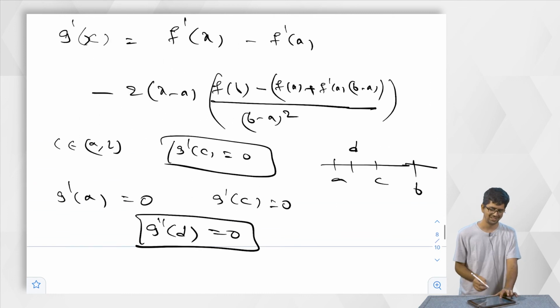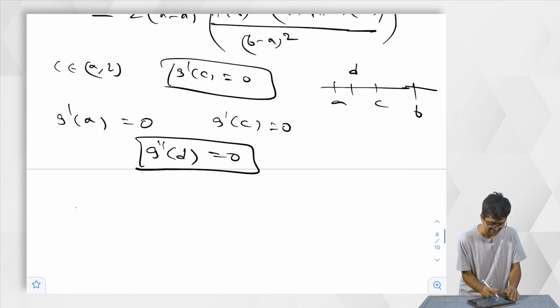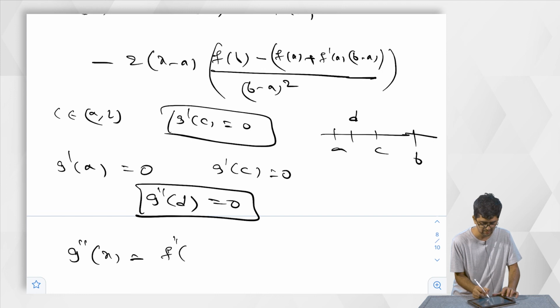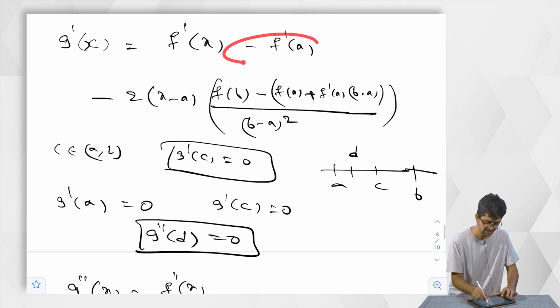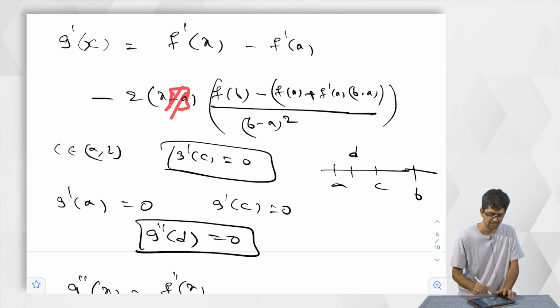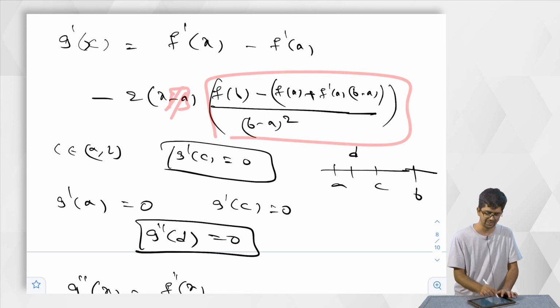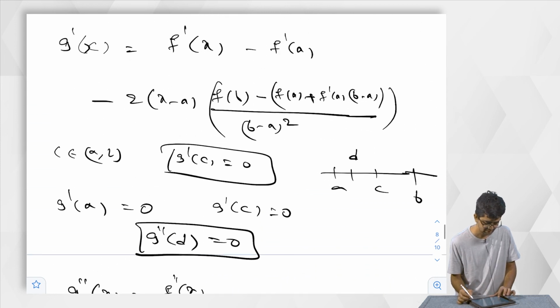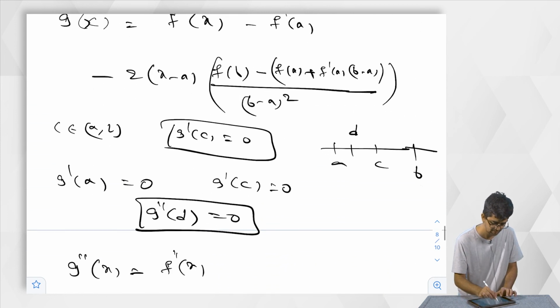Now I have to take the derivative of g dash also. Let us write down g double dash at x. It is f double dash at x. This is constant, nothing to do, and the derivative of x is 1. So this part is not there anyway. So we will just copy this and write minus 2 before. So let us write f double dash x minus 2 times